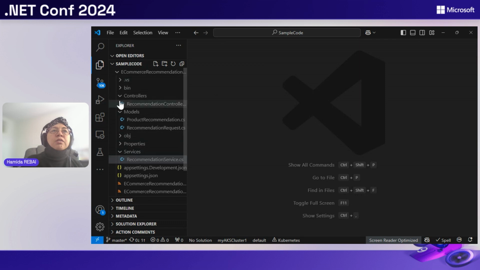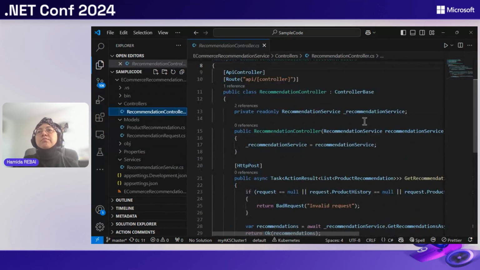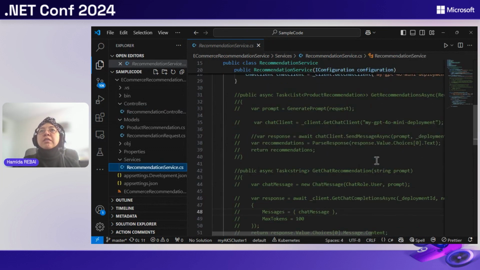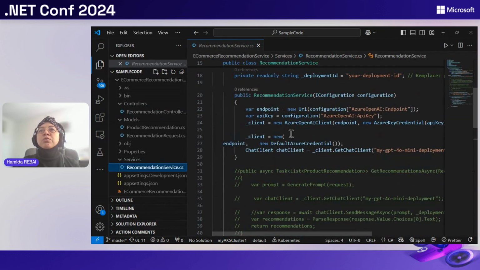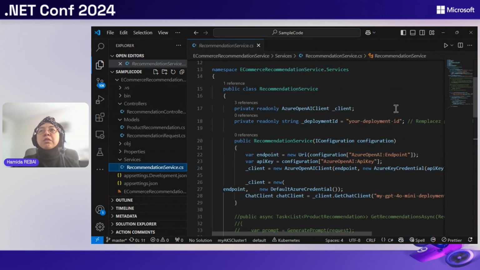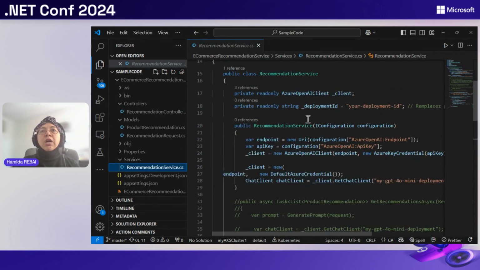We have here our recommendation controller, which will use our service. And in the service, we will use Azure OpenAI clients. So you need to create your OpenAI service inside the Azure platform first, and after that you get the different credentials needed to use the service.